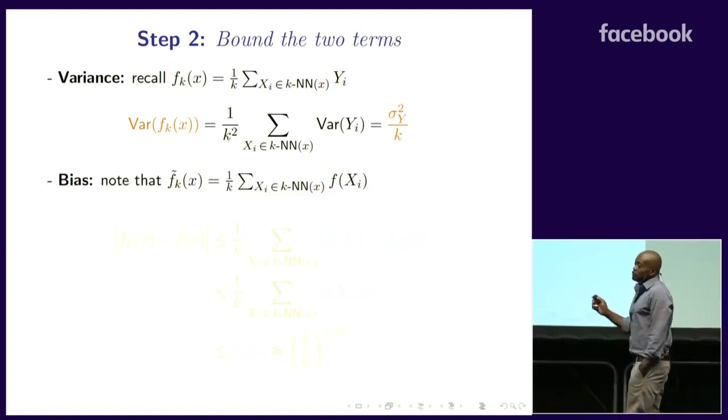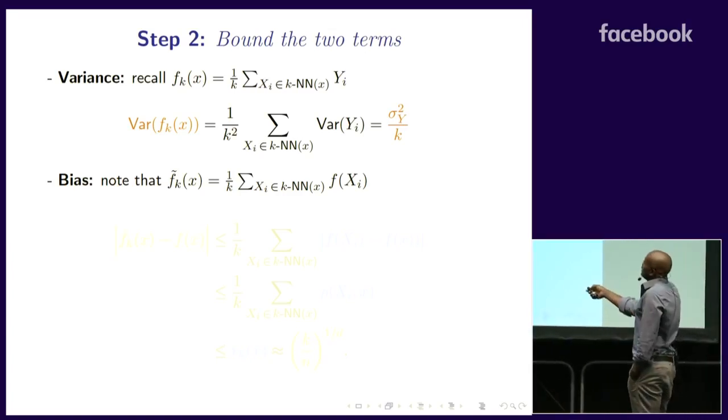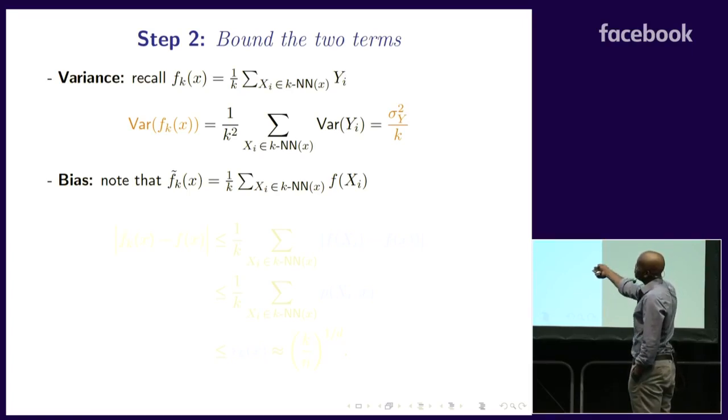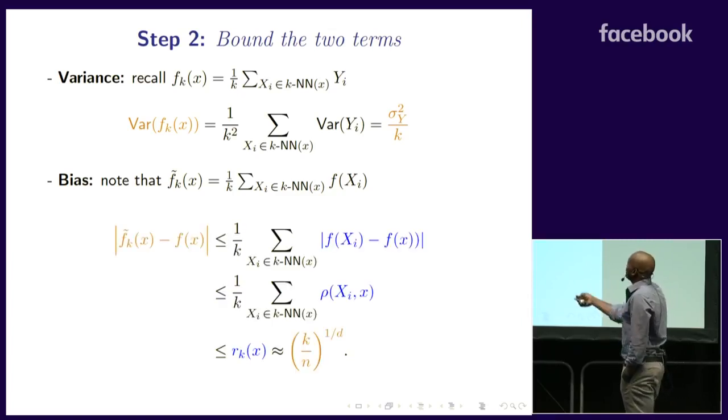To understand the bias, let's first recall what f tilde k is. f tilde k is the expectation of fk. So I take the expectation of fk, and I bring the expectation inside here. E of yi is just f of xi, because I assume that the noise has zero mean. So f tilde k can be rewritten this way. Now, the bias term looks like this. I want to subtract f of x from f tilde k. If I subtract f of x from this,